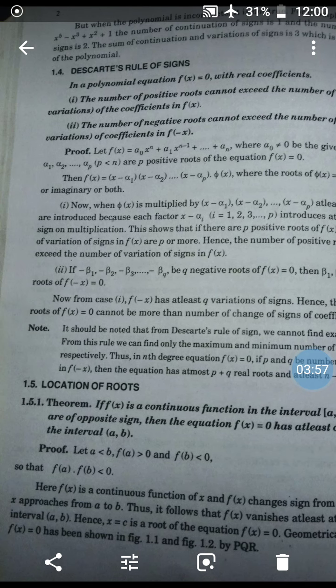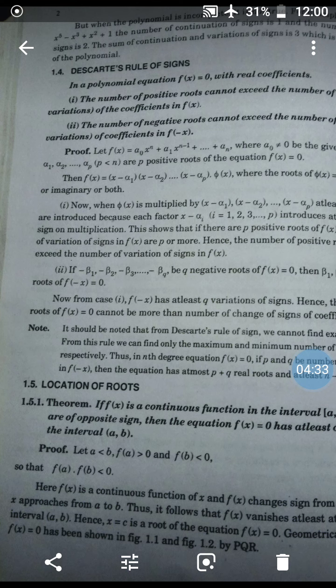This is the given polynomial and there are p positive roots. What are the p positive roots? Alpha 1, alpha 2, up to alpha p. These are p positive roots of the equation f(x) = 0. We have taken a polynomial of the nth degree and p positive roots of the equation f(x) = 0. Then we can write the polynomial as f(x) equals, because alpha 1, alpha 2, alpha p are p roots, (x - alpha 1)(x - alpha 2) up to (x - alpha p)